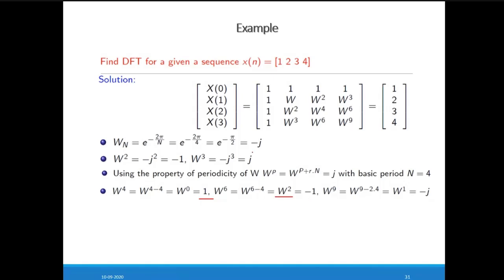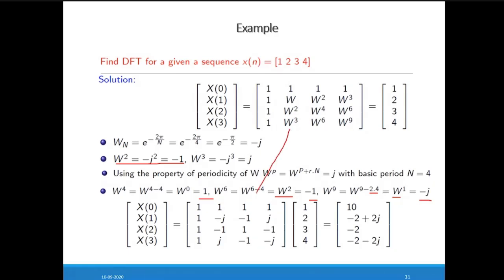Whatever value we found for omega 2, we apply here. Now omega 9. As your sequence has length 4, to get the ninth value, omega 9, we have to repeat this sequence twice. So we find the answer by omega 9 minus 2 times the repetition of this sequence, so 2 into the length of that sequence, that is 4. So 9 minus 2 into 4, which is 8. 9 minus 8 is equal to omega 1. Again, you apply the value of omega 1. This is how we are finding the Twiddle factor matrix.